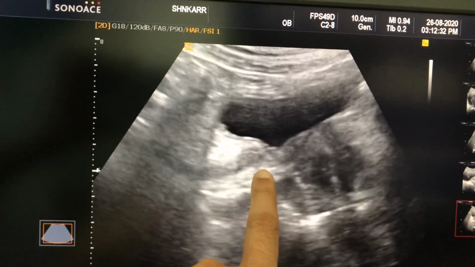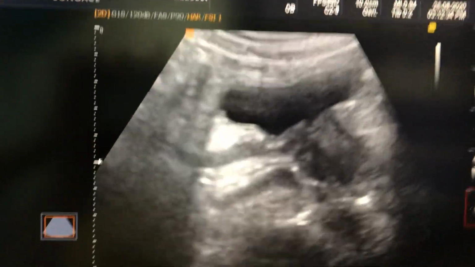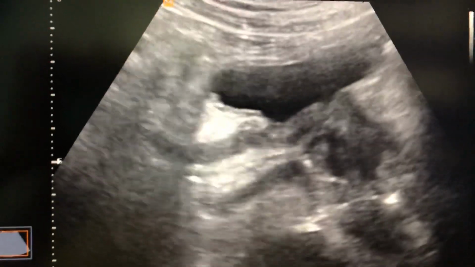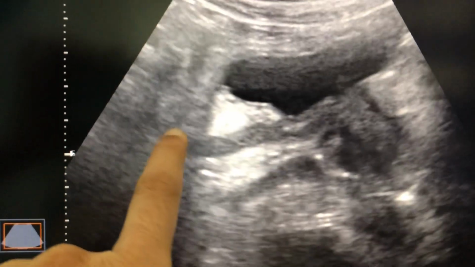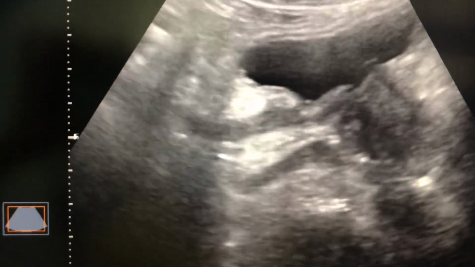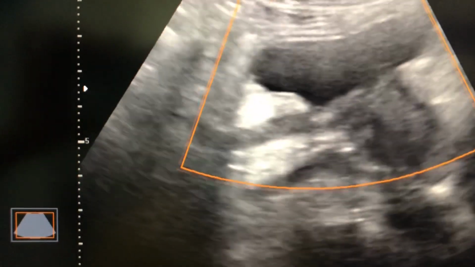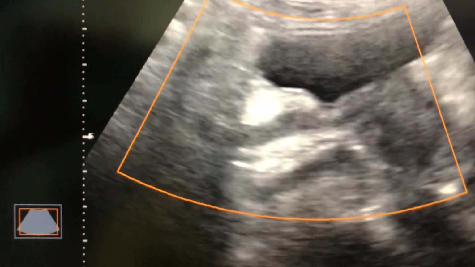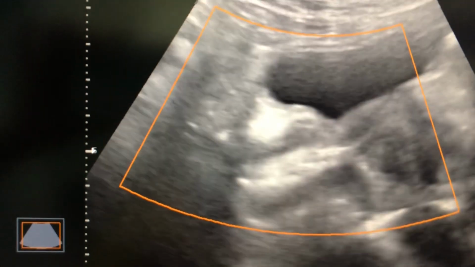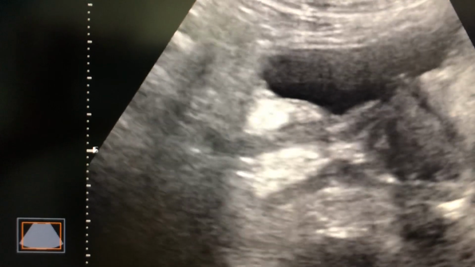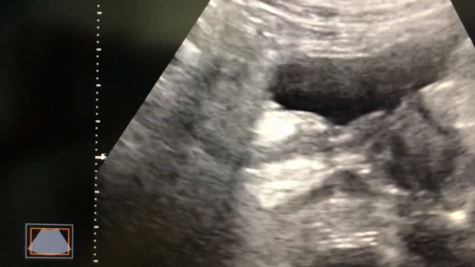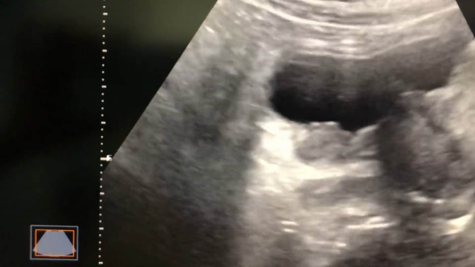If we take the longitudinal section of this lower ureter, it is hypoechoic. Here it is hypoechoic, having a thickened wall.